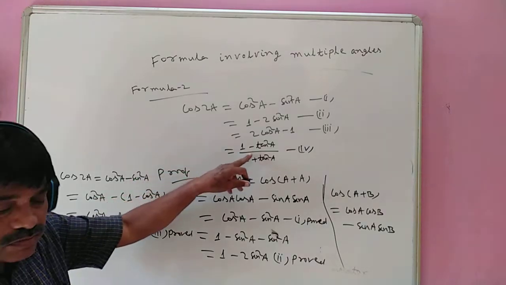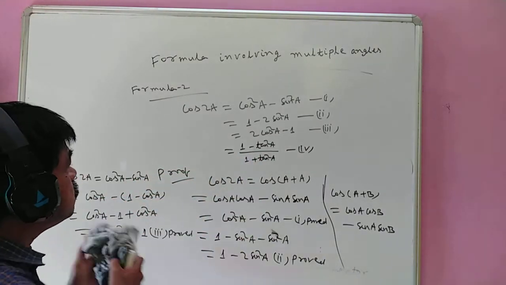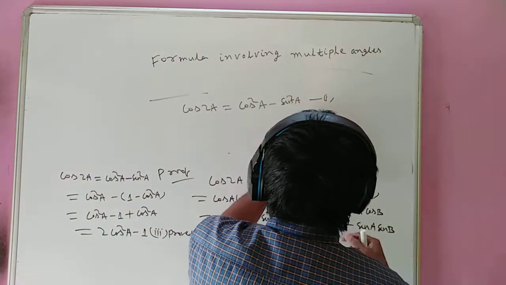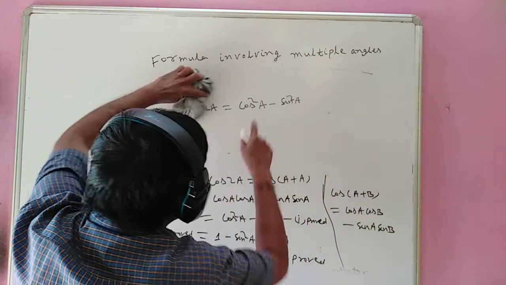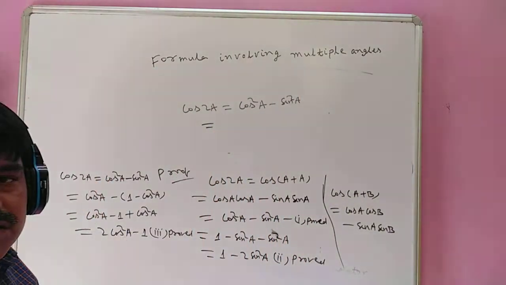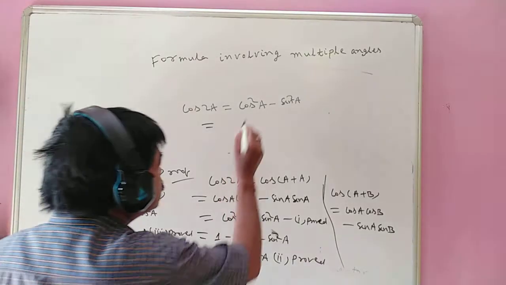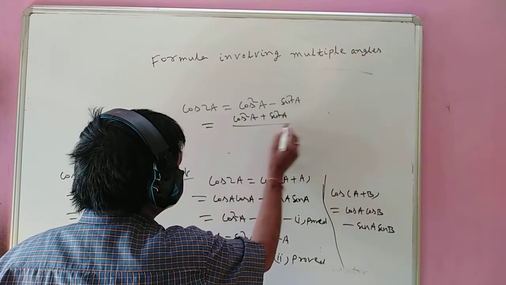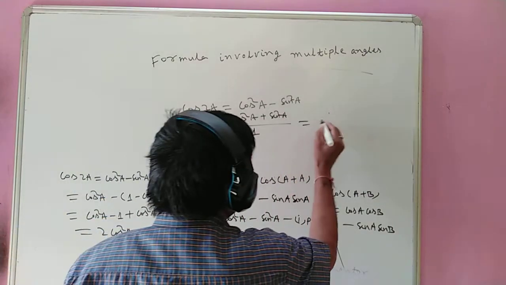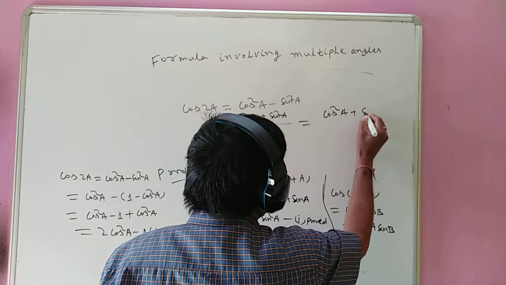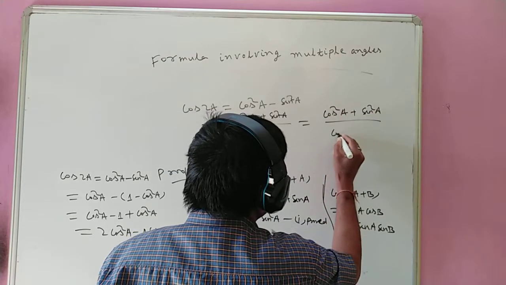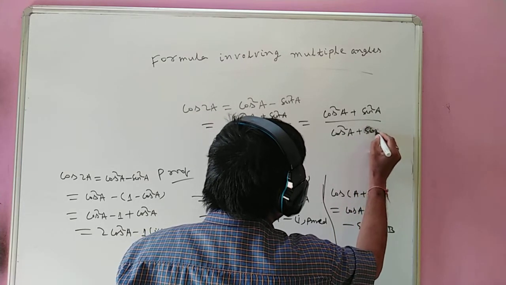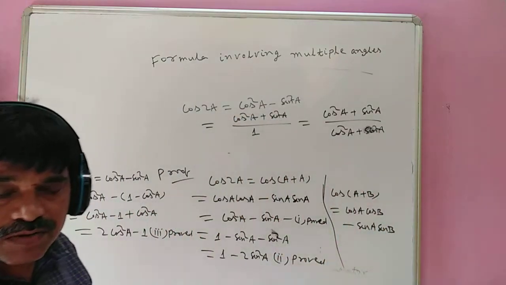Now the fourth one is what? 1 minus tan square by 1 plus tan square. Similarly, first of all, you write the basic formula. What is your basic formula? Basic formula is cos 2a is equal to cos square minus sin square. You are interested to express this in terms of tan, which will be 1 minus tan square by 1 plus tan square. Here, no denominator means that is 1. Then for this 1 we can write cos square a plus sin square a. After this you divide by cos square a in both numerator and denominator, then it will be proved.